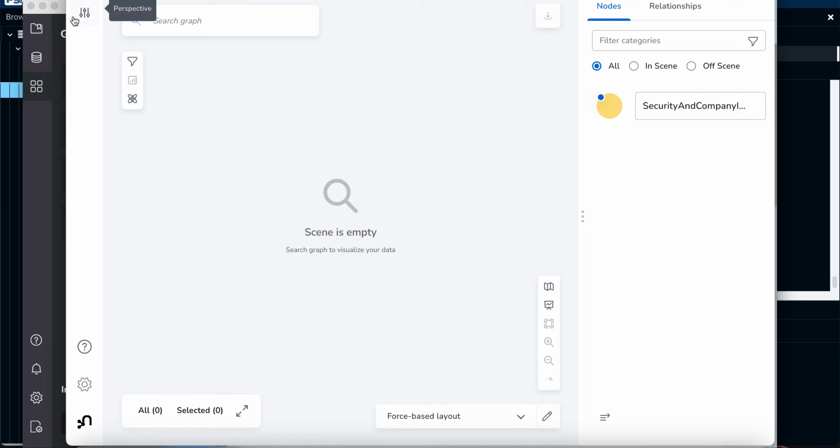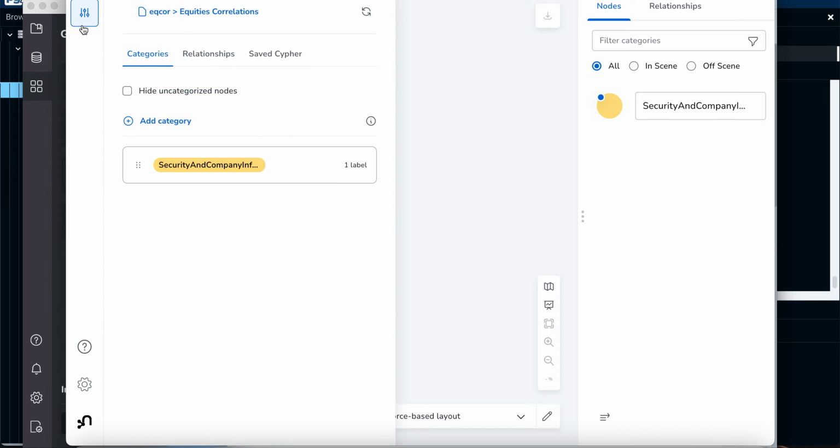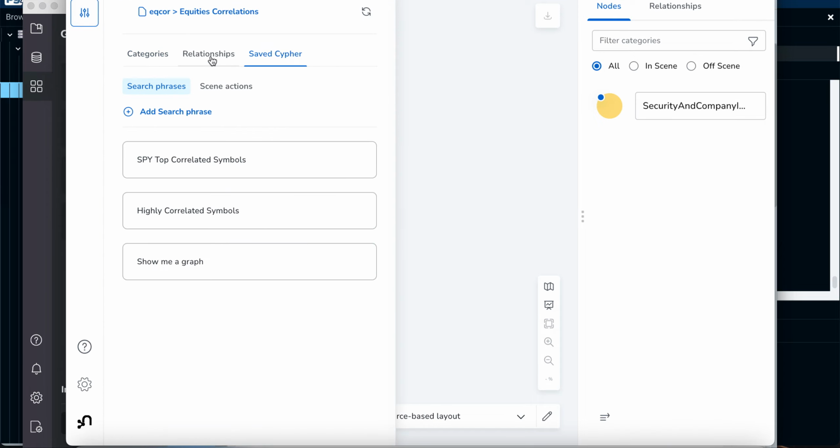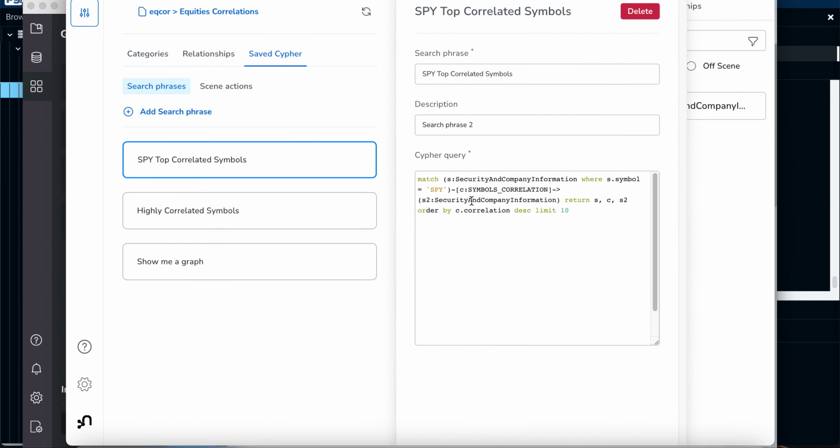Okay, so I've pre-created certain ciphers. So, SPY top correlated symbols. I only did a limit by 10, top 10 descending. I could change it to 100, for example. So what I'm doing is matching security company information where symbol is SPY, has a relationship to a different symbol,